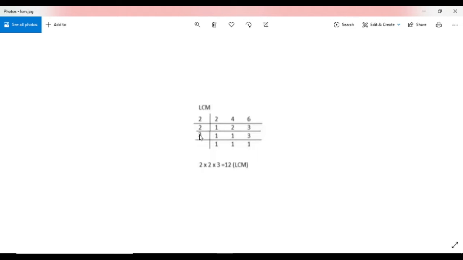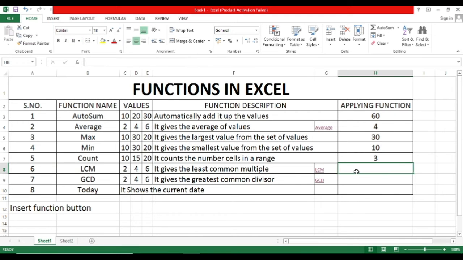Then divide by 3. So this will come the same, this will come the same, and it is going one time. Now you should multiply these values and you will get this result. This is the LCM. So here you see equal LCM, shift bracket open, select these values and press Enter.